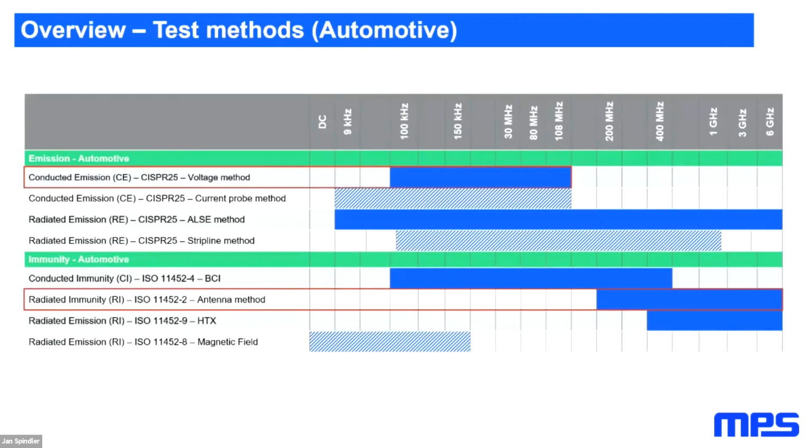Now you have your test plan, you know what you need, but then you're starting next, okay, where do I want to start? Yeah, we have several test methods. This is from the automotive point of view. You have conducted voltage method, current probe, radiated testing, strip line, BCI, antenna. So you have a lot of testing, but now you want to know where to start